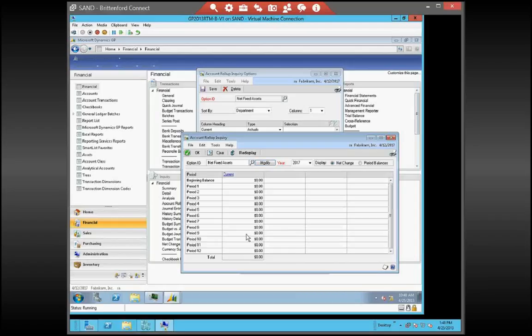It's pulling up the net change in 2017. This throws me off every time because I actually don't want to see the net change. I probably want to see the period balances. Now, because we have not rolled over our year and we've had no activity in our net fixed assets, and this is a balance sheet account, I've got nothing here in my balances. I can go back to prior years